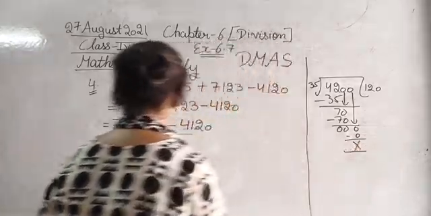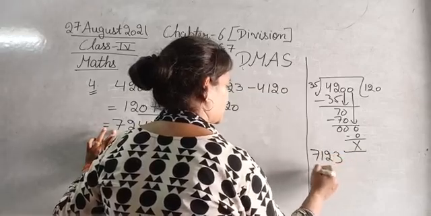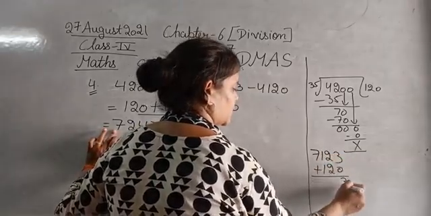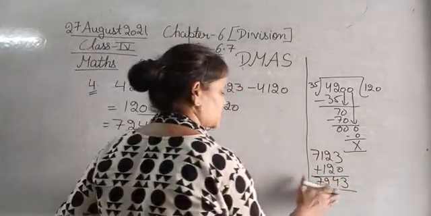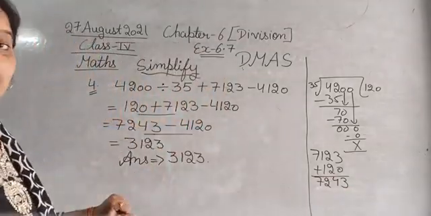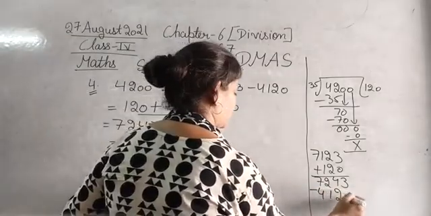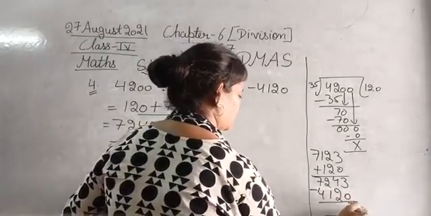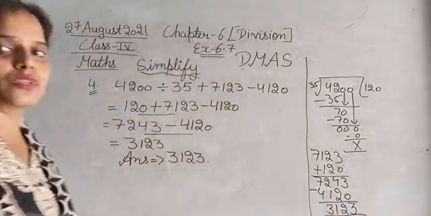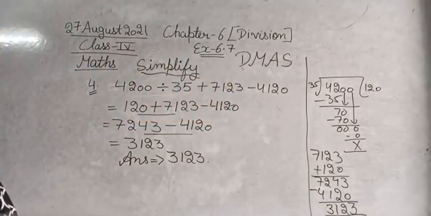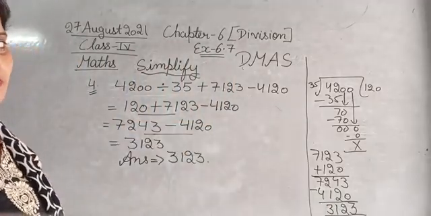Okay, and after that you have done this, that is 7123 plus 12342 7, and then after that you had to subtract 4123. Sorry, I have just got 3123. You have to show this. So the answer is 3123. So you have to show this as well in your notebooks.